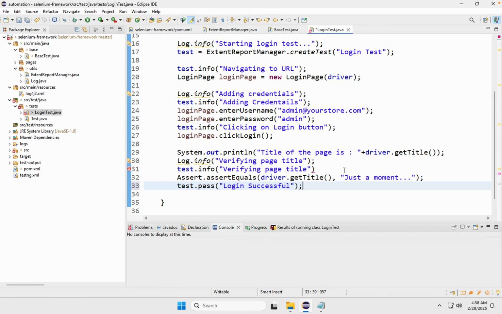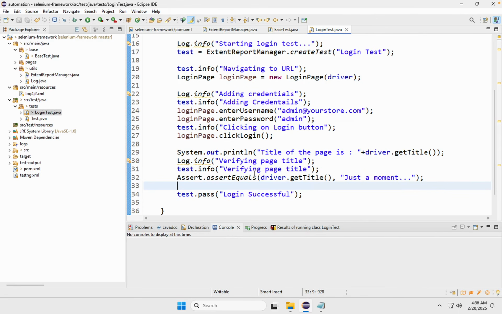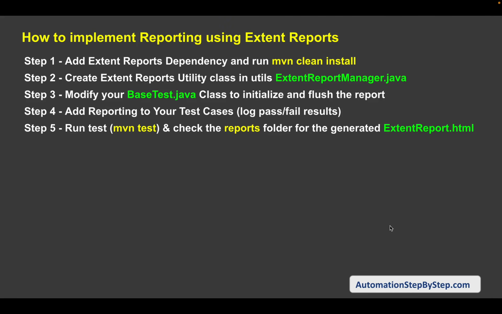Okay, and make sure that you add a semicolon at the end of each statement in Java. Okay, so this is what I have done. All right, so based on your requirements, you can keep on adding all these statements, and now we can